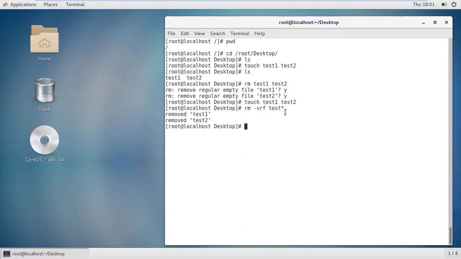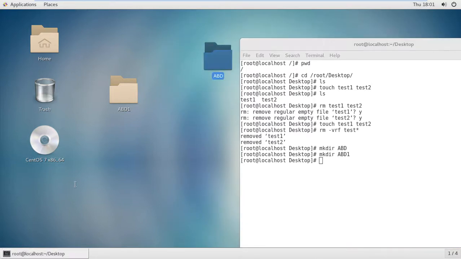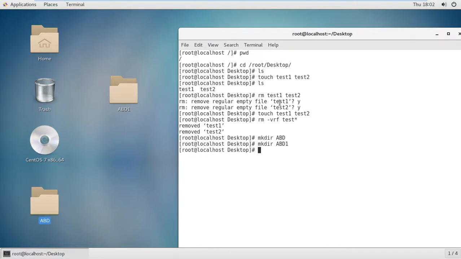Now I want to create mkdir abd, mkdir abd1, so it will be created here. Now I'm just checking the command.